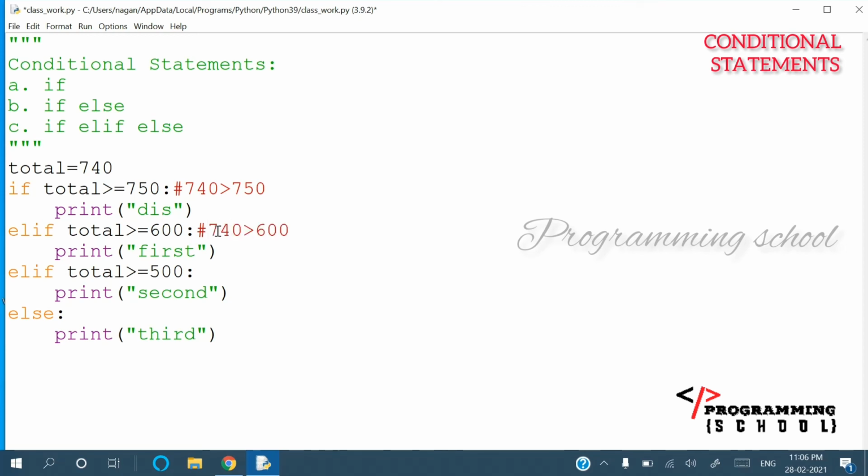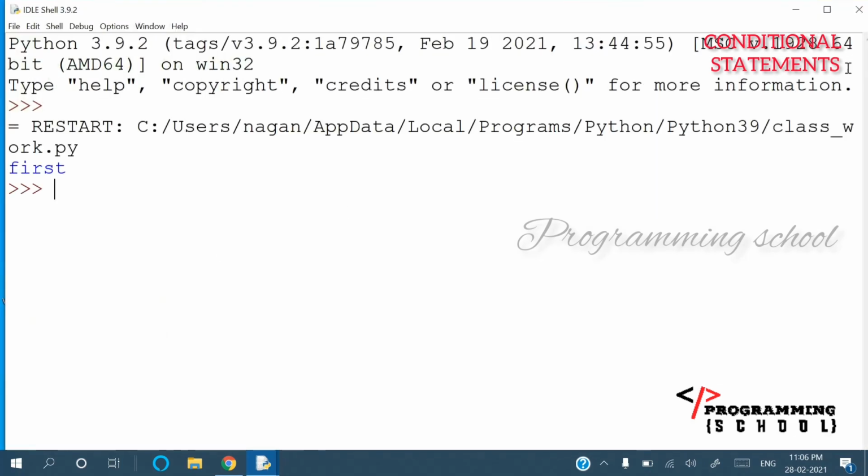Yes, it is true, right? Then this statement is going to be executed. For example, if this one is also false, then immediately it goes for the next condition. If no condition is satisfied, then we go for the else statement. At this point, this condition is true. That's why it is going to print first class student.